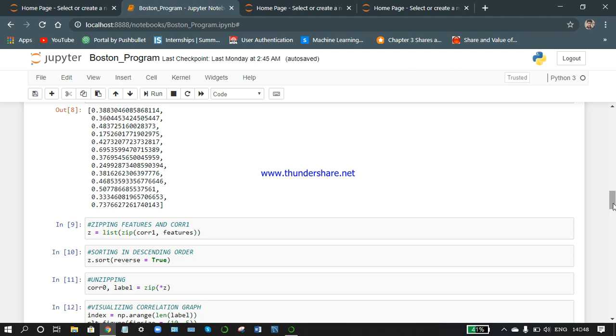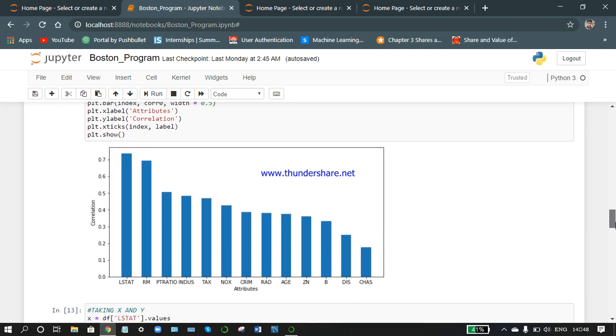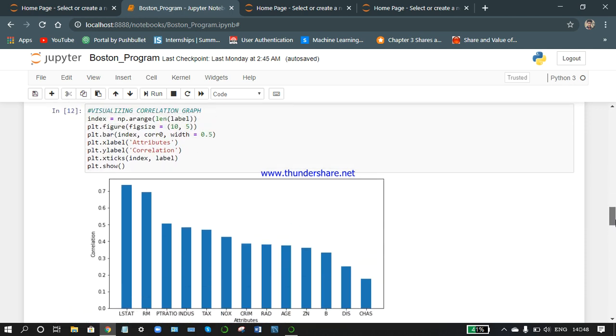That gives the wrong information, like there will be changed values of correlations for each independent variable. So while zipping and sorting, it actually takes the whole value as well as the column, and then sorts it in the descending manner. And unzipping, and now the graph is there in front of you. So this is absolutely simple, drawing the graph. np dot arange length of